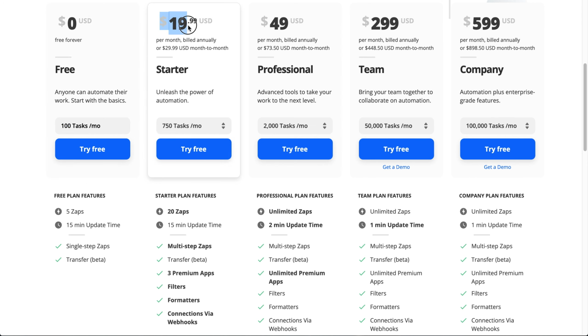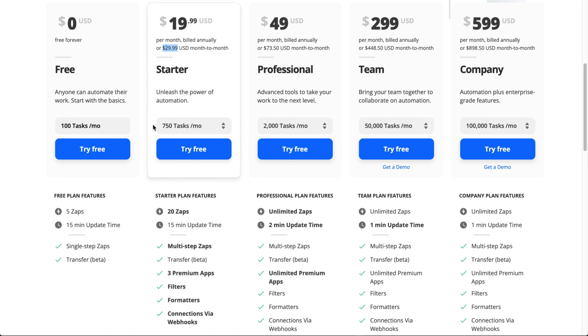And most people are paying this, which is $20 a month. This is annual billing. So it's $30 a month if you're doing month to month, but if you can pay annually, it's only $20 a month. And that gives you 750 tasks a month. Now, if 100 tasks is not going to get you very far, 750 tasks is not going to get you very much further, right? It's only 7.5 times that 100 tasks. So that may be okay if you're starting out and just doing stuff.